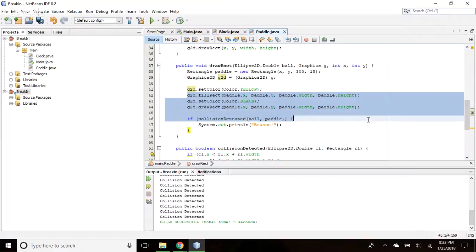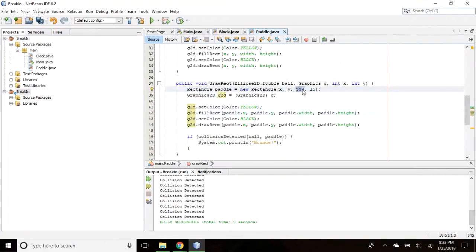Oh, okay, yeah, this is good. This is actually good. So your 300 by 15 is going to be your size. So let's remember we were going to change this to like 100 by 25. And so 300 by 15. This is where we're going to specify the height and width.